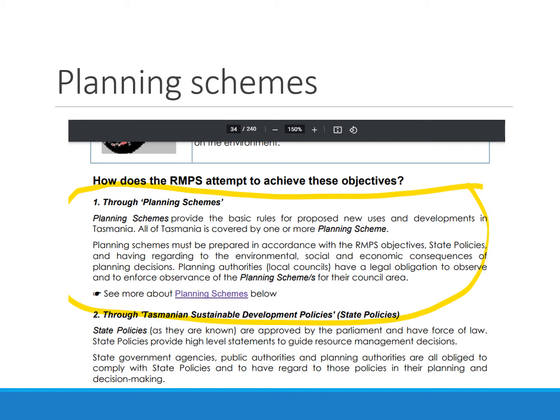So can that shed go into the backyard, and how high can it be? All those different controls. Yeah, lots of details in planning schemes, but they are really important as the kind of first step of working through whether the environment can be impacted or not.